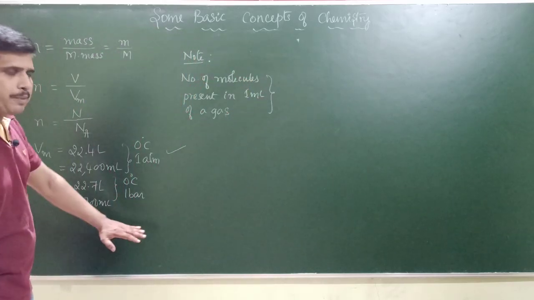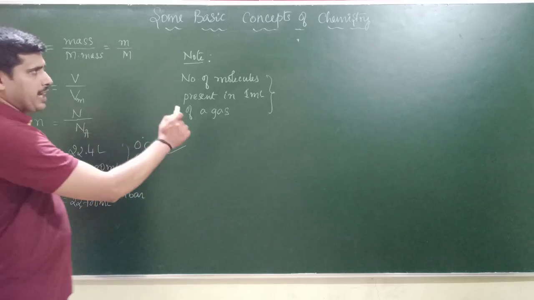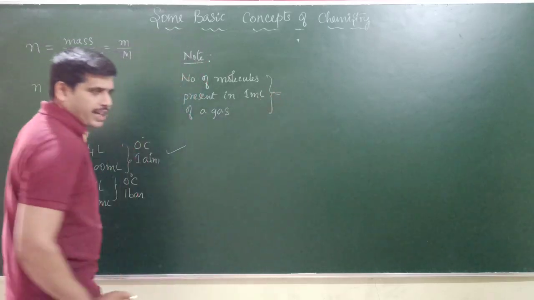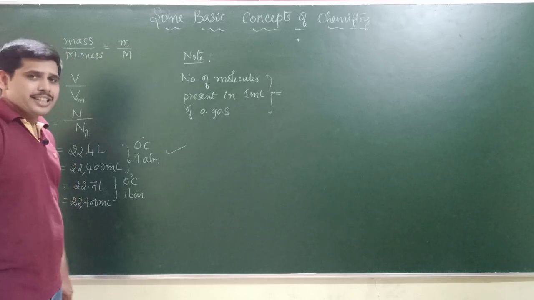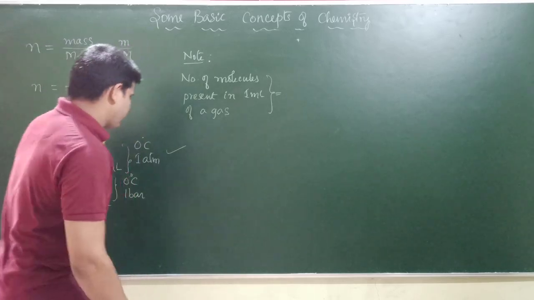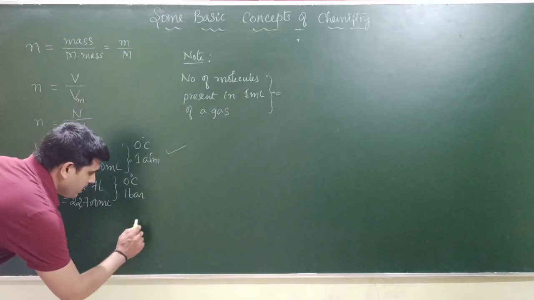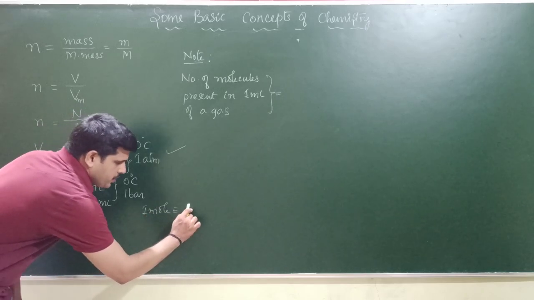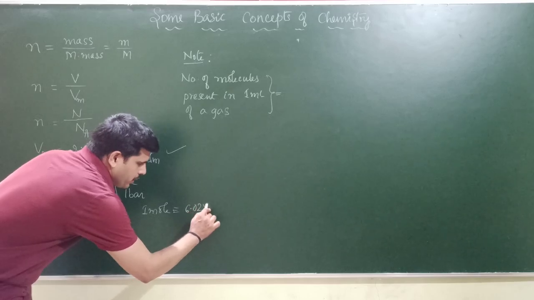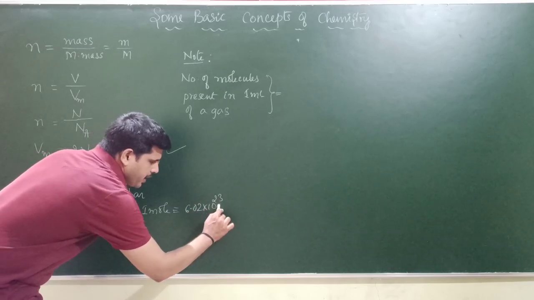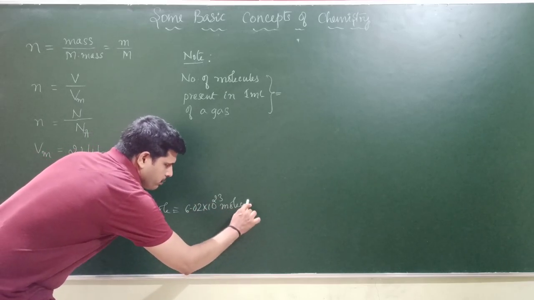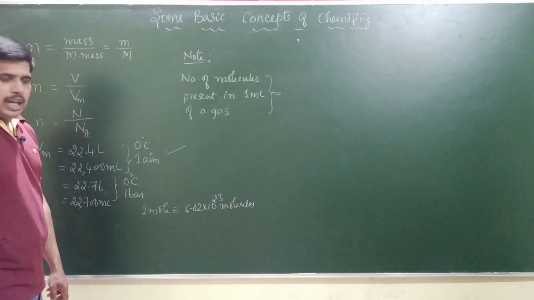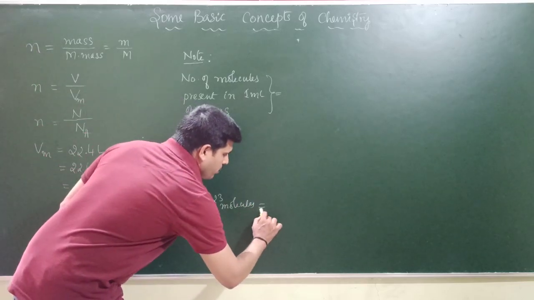For your kind information, let me write it down here, how to do that. I'll write the number directly because I know it. Of course, the intention is that you people also get to know this. So how to calculate it? Tell me. 1 mole is equivalent to, as you know, 6.02 into 10 raised to 23 molecules. 1 mole of molecules is equal to, am I right? So this is equivalent to